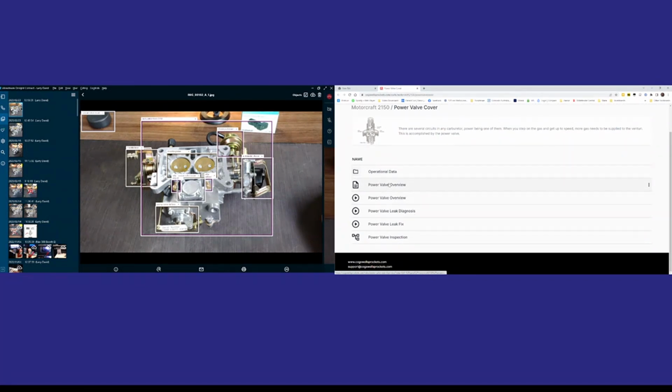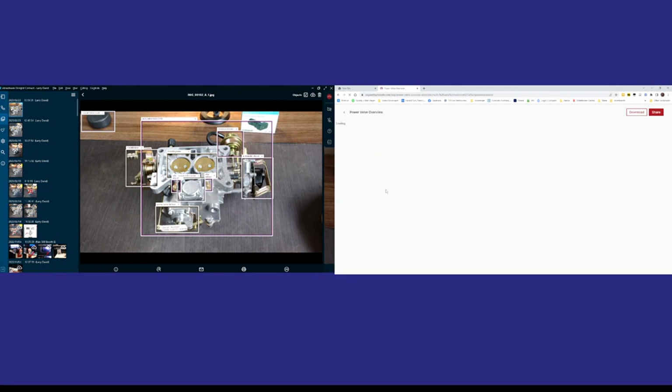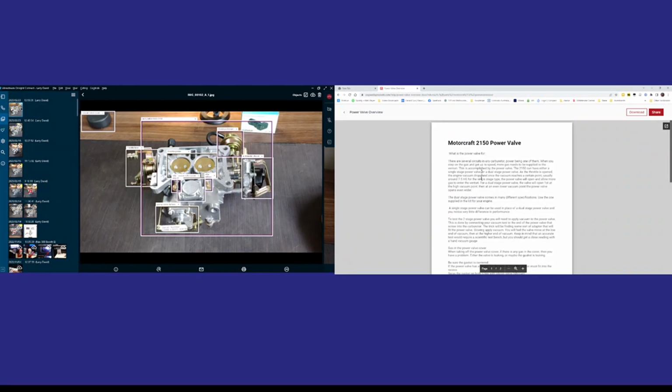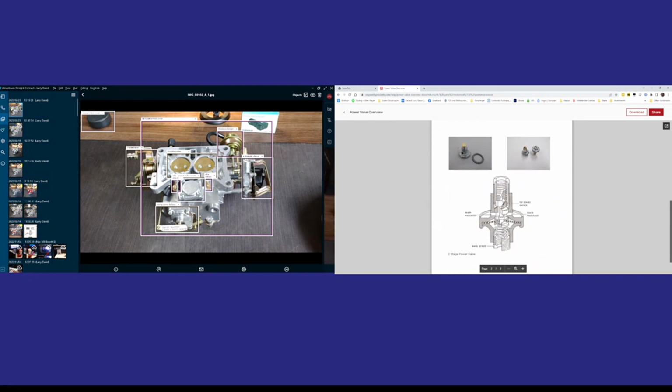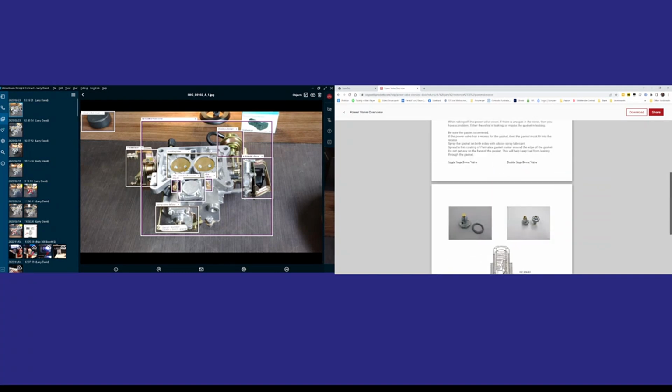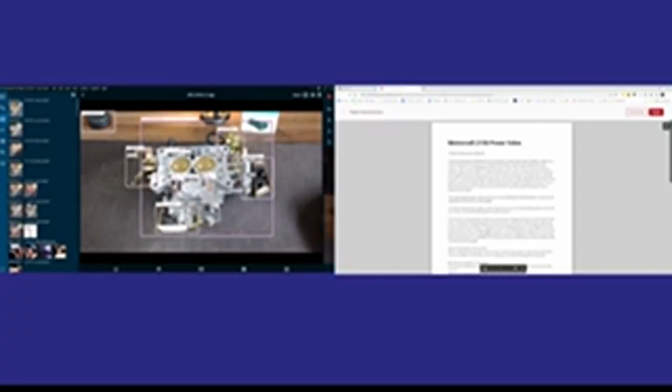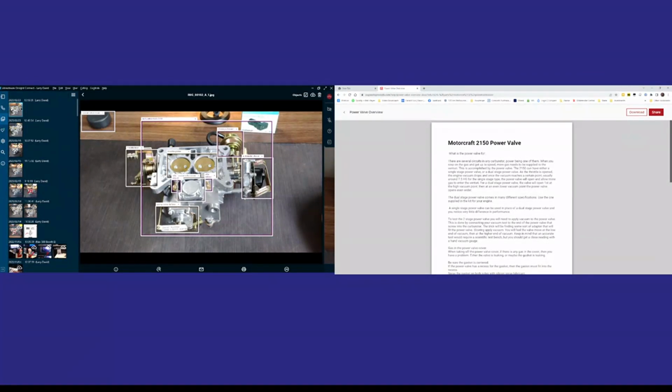For instance, clicking on the overview will actually bring up this document, and it will, just one second, load it, and it will tell me that it's a Motorcraft 2150 power valve. I can scan down and actually see the different components. I can make sure that I understand everything. So what this is doing is this has helped me, as Andrew, confidently identify the part that I need to advise Larry on. So if we scoot back to the screen that we've got here,